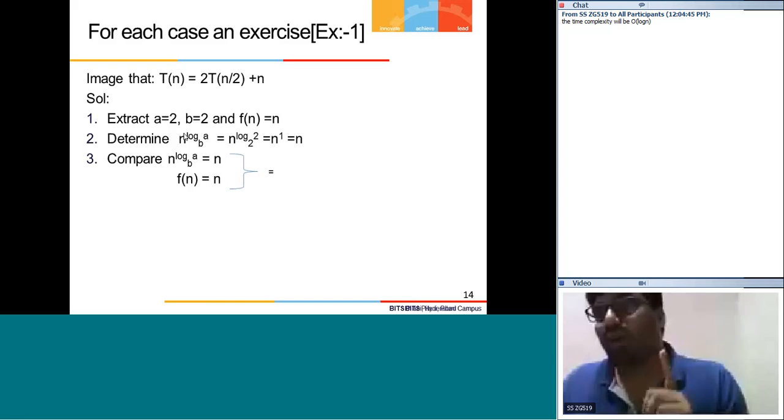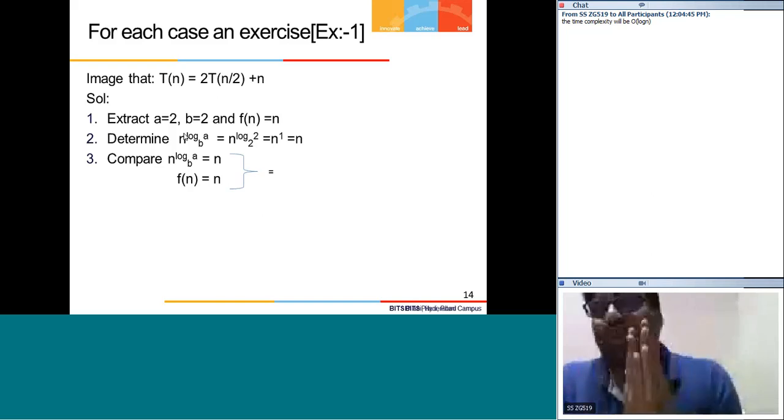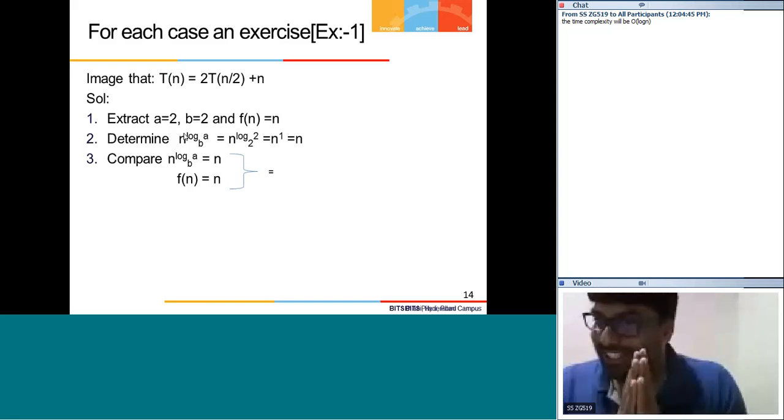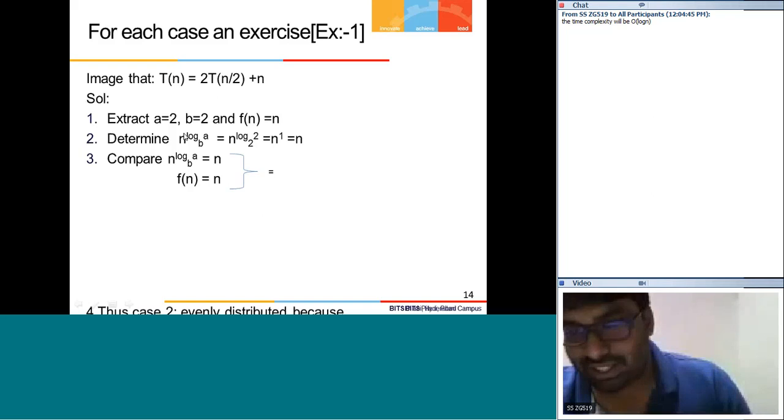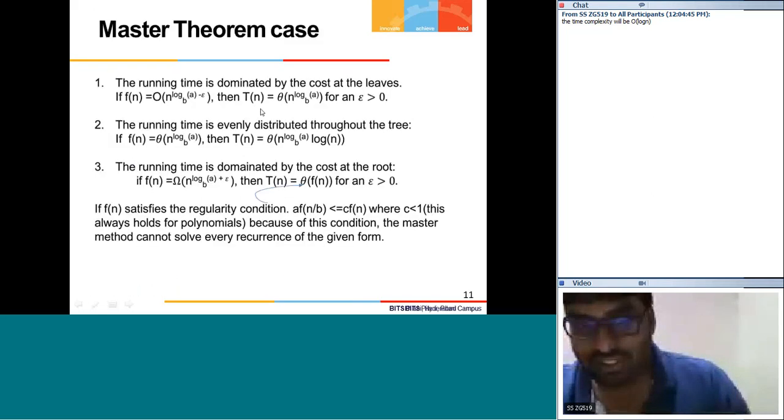Now, when it is equal, what it means, just for simple understanding, remember, the upper bound and lower bound are both closely, tightly associated. So can I say this is case number 2? Yes. Case 2 here. Because case 3, if someone has written, just forget that for a minute. Let's once again go back to this case. See, equal means tightly bounded, the upper and